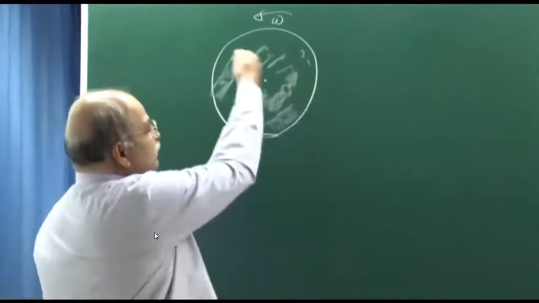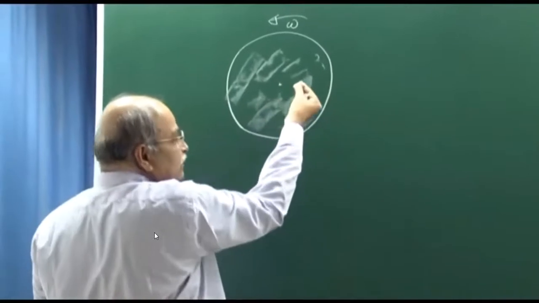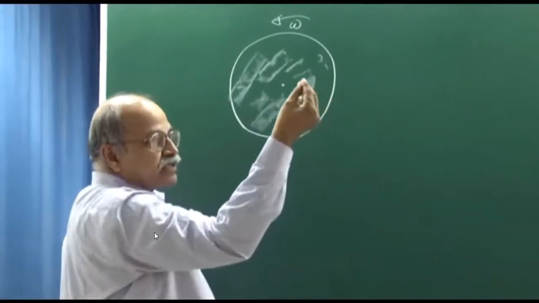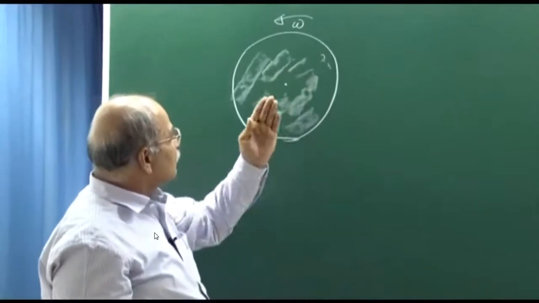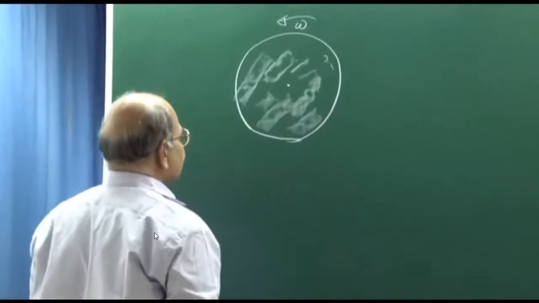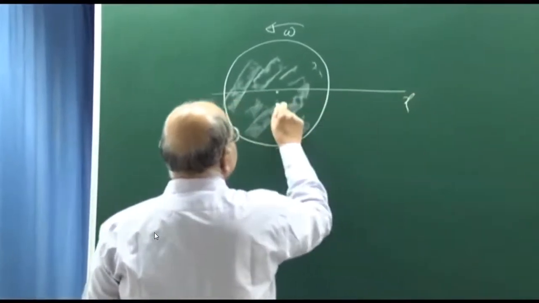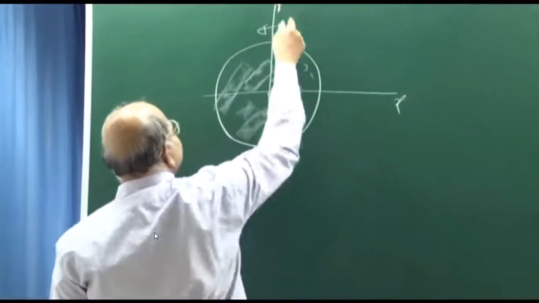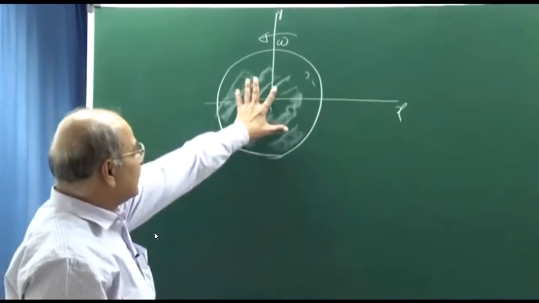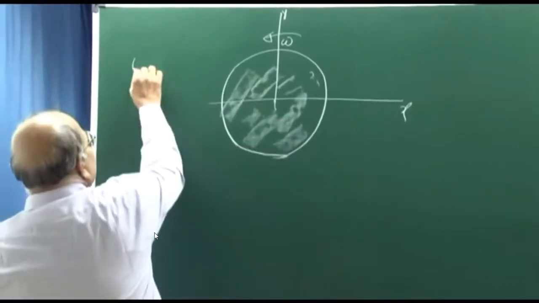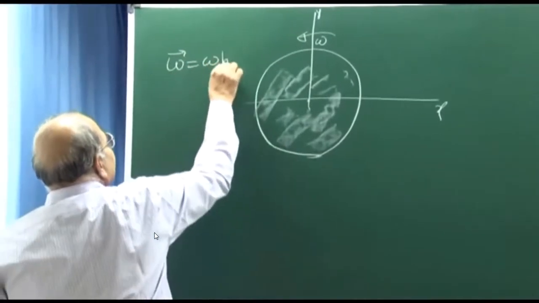So, if it is going in anti-clockwise sense, this angular velocity vector is coming towards us perpendicular to this plane. So, this is the angular velocity vector. You can take this as x axis, then this as y axis, z axis is away from this plane. So, omega vector is omega in k cap direction,